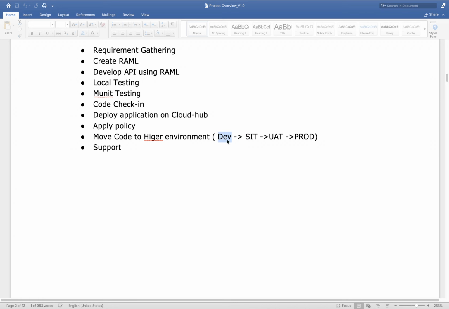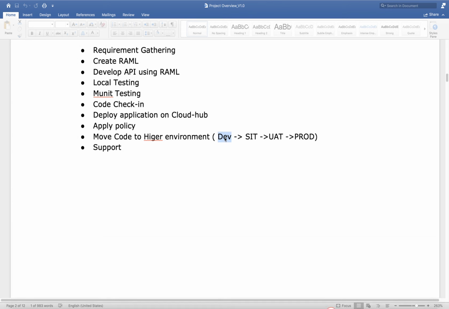We will discuss till dev, since we don't have SIT, but we will do a similar kind of testing here, with only one environment. In the trial version we have only one code, so we will not be able to create multiple environments, only one. All the environments will be the same.